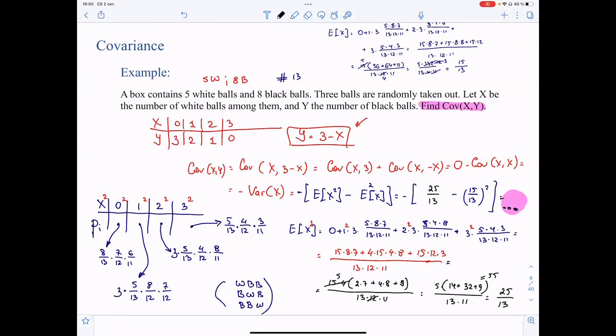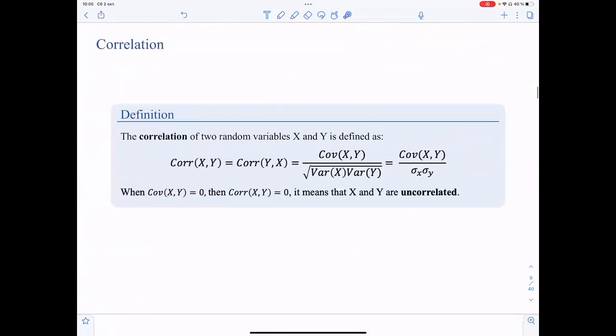And because the increase of white balls pushes the number of black balls to decrease, the covariance is obviously negative, and you know that variance is always positive, but since it's multiplied by minus, it is obviously negative. And we used to say that covariance measure is actually a very nice one to capture whether the association is positive or negative, or there is no association. It is good. It is good. But